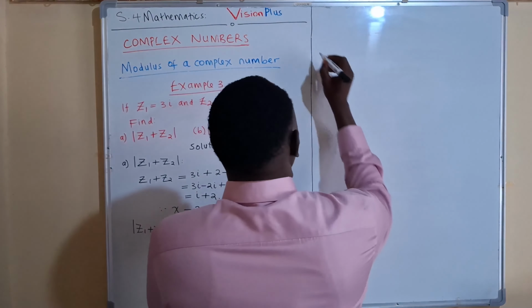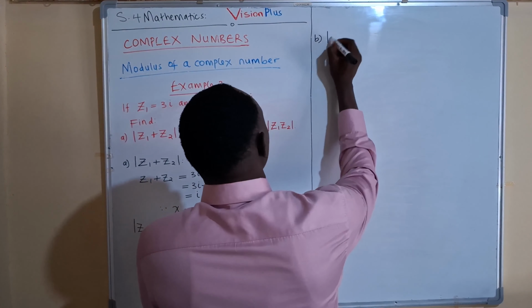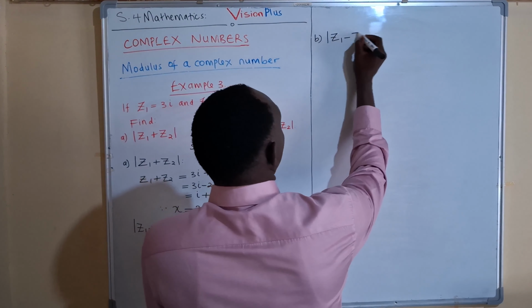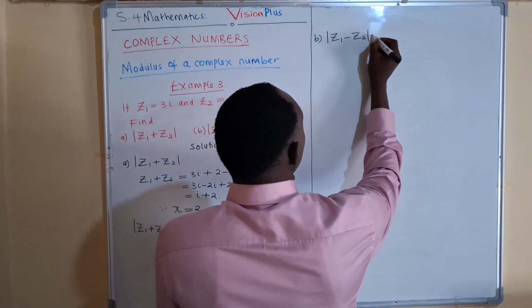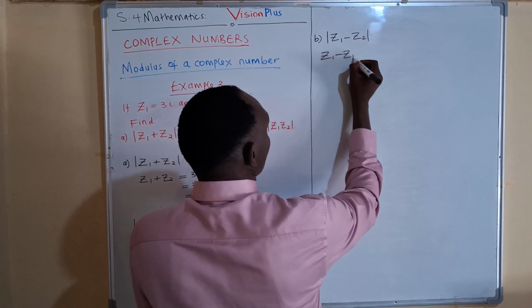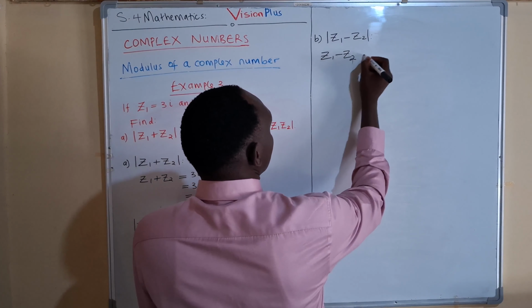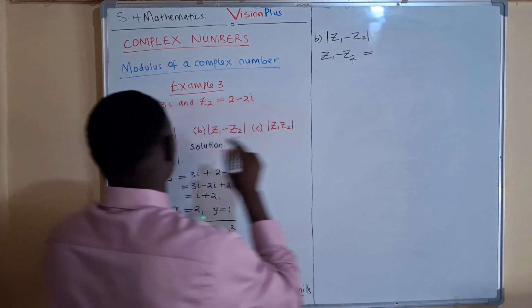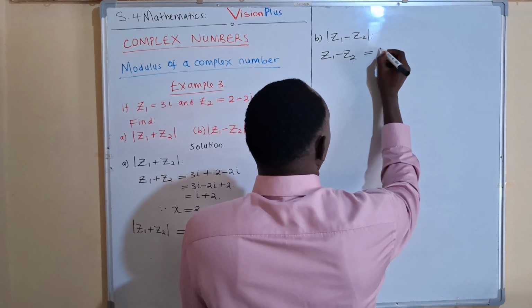And now going to part B. Part B is asking for the magnitude of z1 minus z2. So the first step is, let us get z1 minus z2. Now z1 minus z2 becomes, what is z1? z1 is 3i. So say 3i